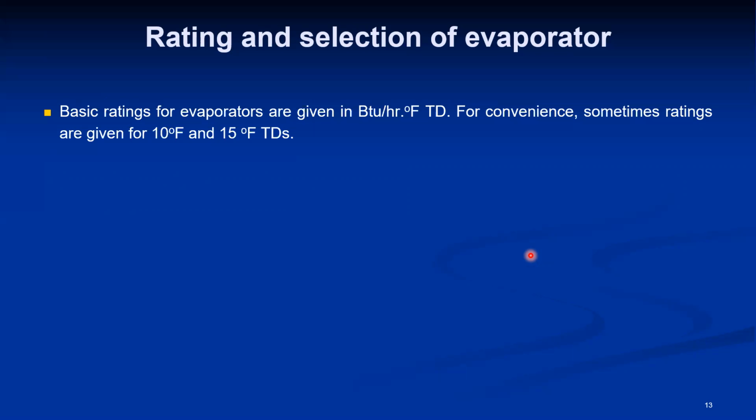So for convenience, sometimes the ratings are given in degree Fahrenheit, that is 10 degree Fahrenheit and 15 degree Fahrenheit TD. So various TDs are available. Because now evaporators are essentially for cold storage, they are essentially fin tube type forced cooled evaporators. So following are the design conditions